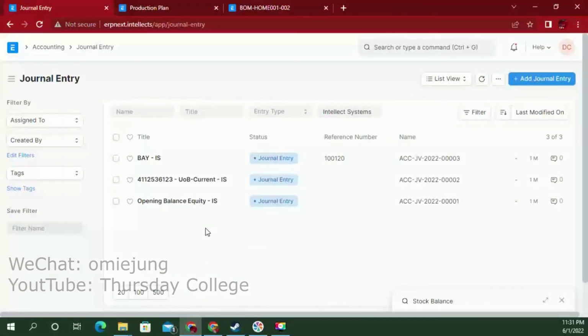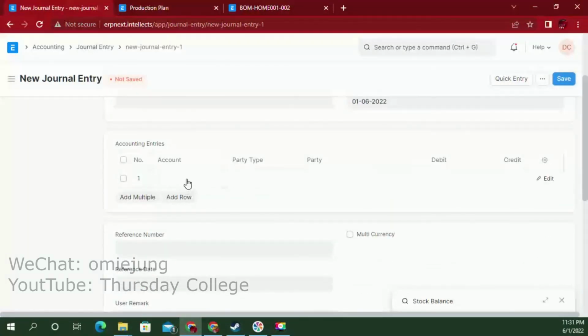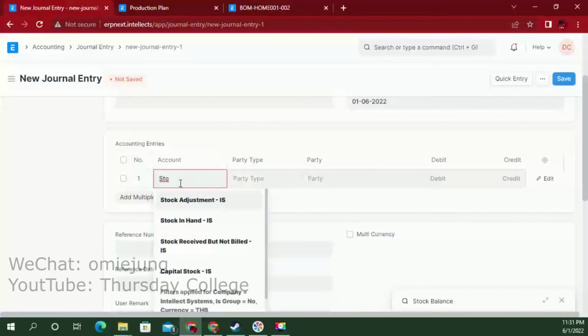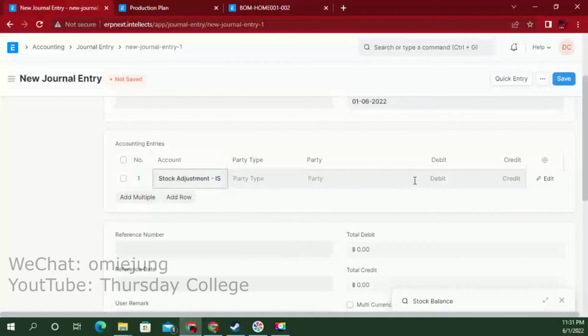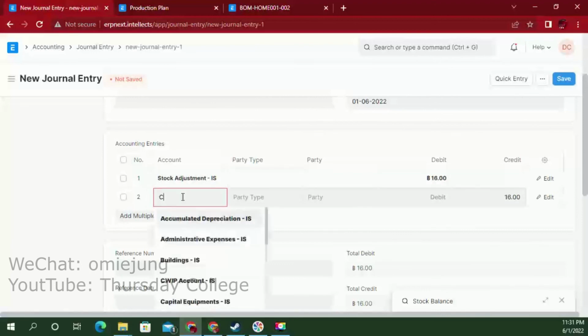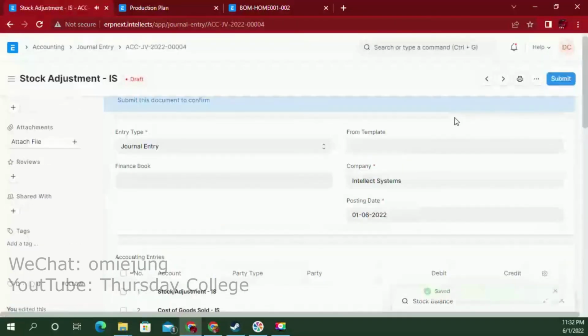So we do the journal entry, and in here we debit the stock adjustment for the value of 16 baht, and then credit the cost of goods sold 16 baht, and that's it. After you save,